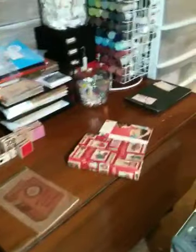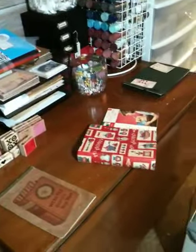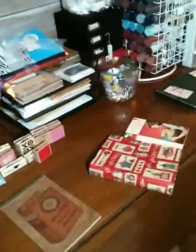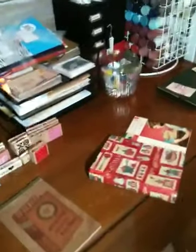Okay, let's do a switcheroony here. I had a different table here last time. Corey wanted the table for doing his decoys on and for painting his decoys. So he took this and he brought home my mother's dining room table and